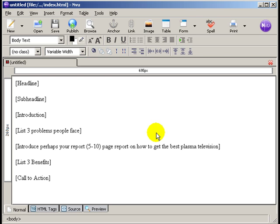You could list a fact. This is the fact about plasma televisions. Or here's a problem that people face with plasma televisions. They invest too much money, or they invest into something that breaks, things like that. Then introduce your report. Say, hey, but I've got this lovely report for you that will fix these problems, and